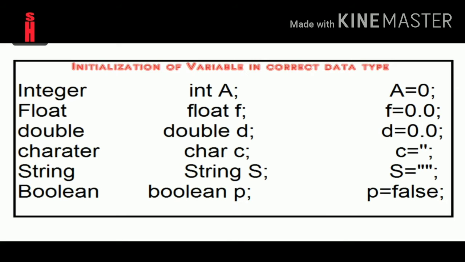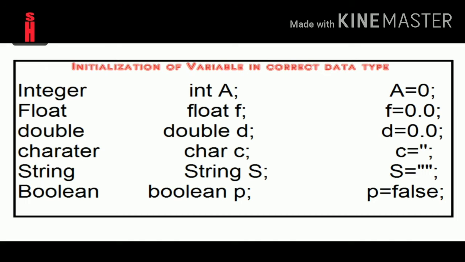Now moving toward the fifth data type, that is string. In a string we have declared a variable with capital S. The default value of capital S will be double inverted commas. In between them, the user has to declare a string, that can be a word or a group of words, that is called a sentence.